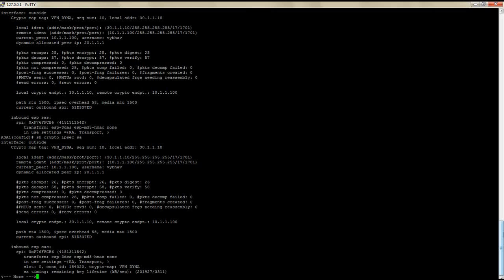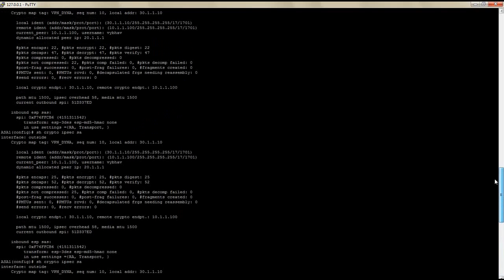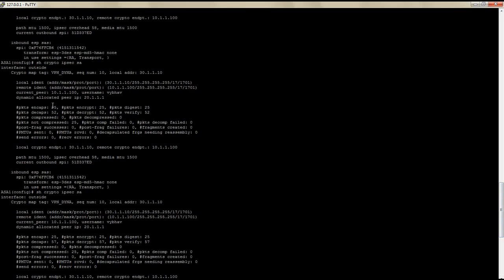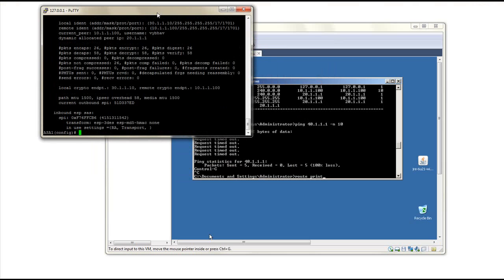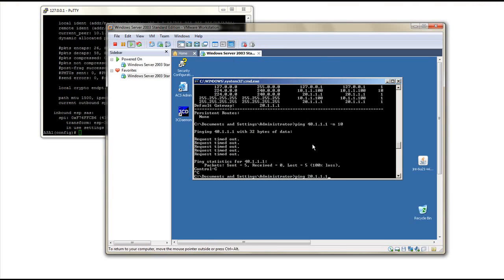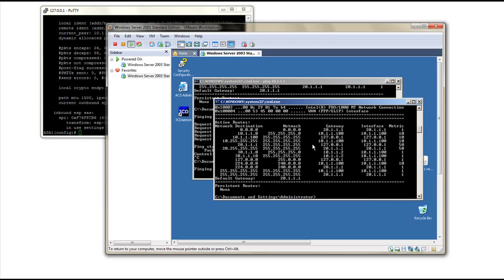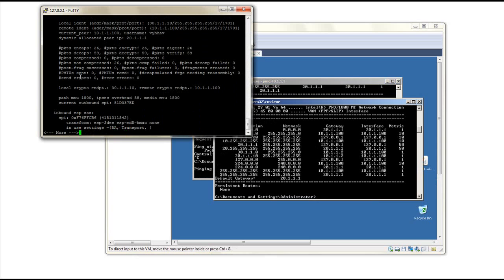Oh, but wait a minute. That's not the count I was looking for. I was looking for the packet encapsulated count, which should have increased. Let's run that again now. Let's run both together. Ping 40.1.1.1. Okay, you can see that the packets decaps count is increasing. I'm not sure why the encaps count is not increasing, but